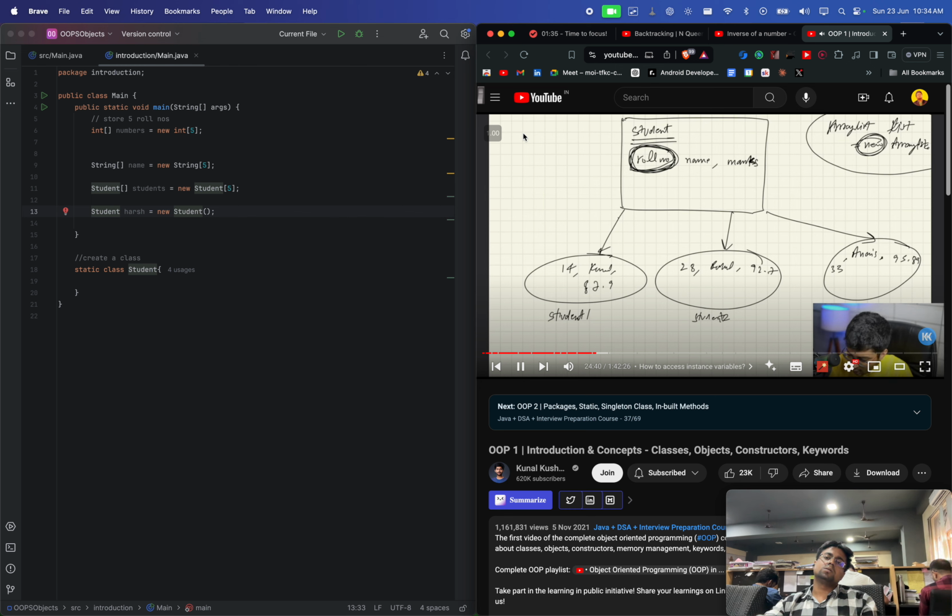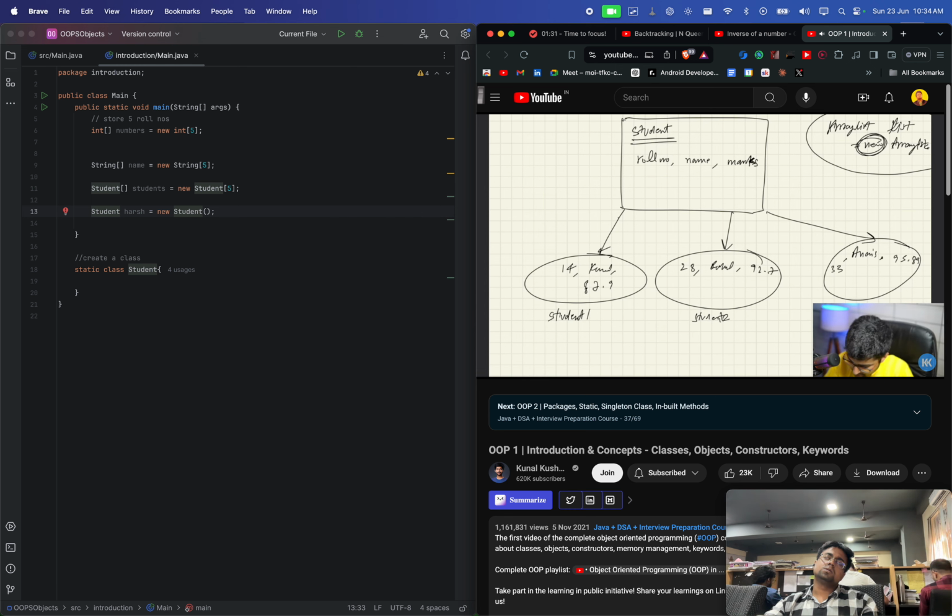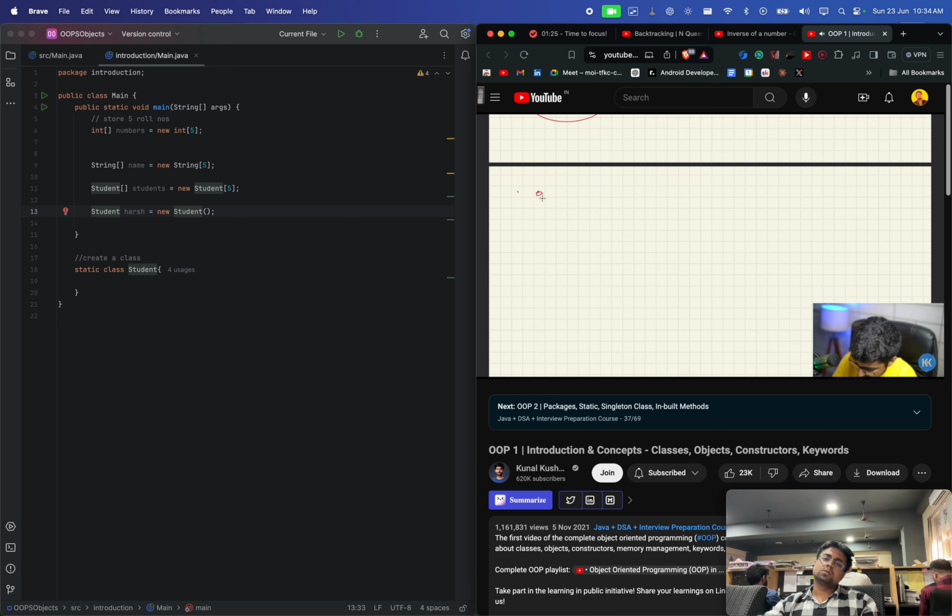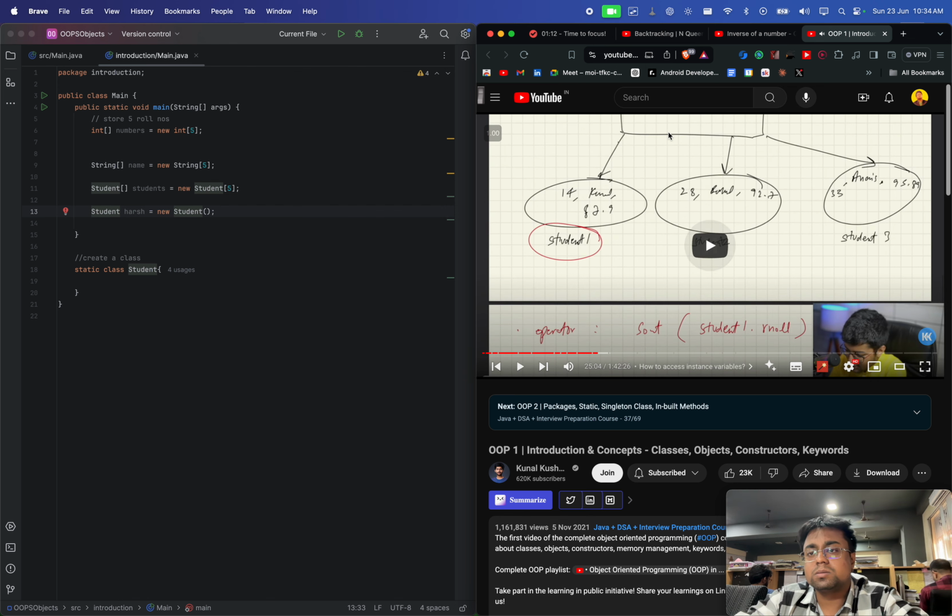Okay, so this dot operator is going to link this with this. So when I do something like dot operator, how do we use this? When I say something like print student 1 dot roll number, it's actually